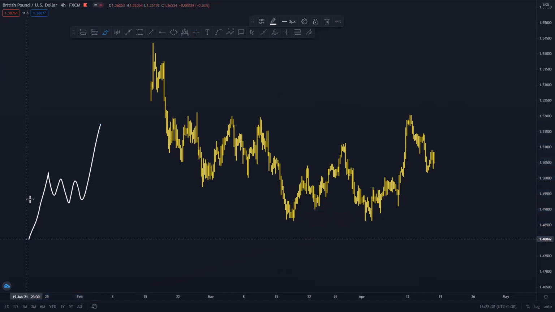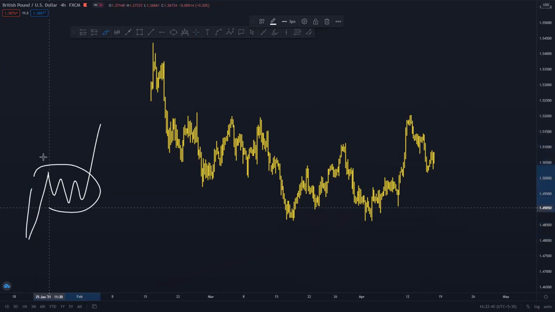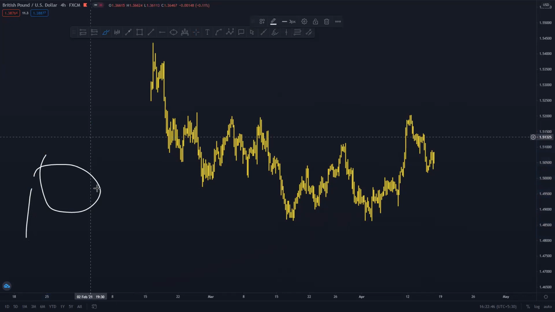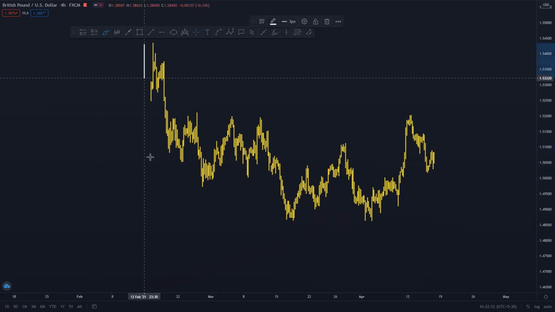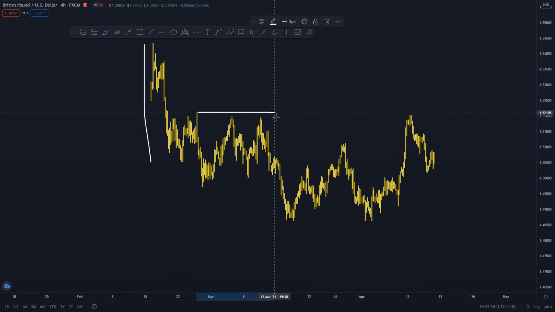This will be considered as an impulse. This will be considered as a correction. This will be considered as a continuation, not by candle, but by the structure I'm talking about. So how it is, you will find this here: impulse, correction,